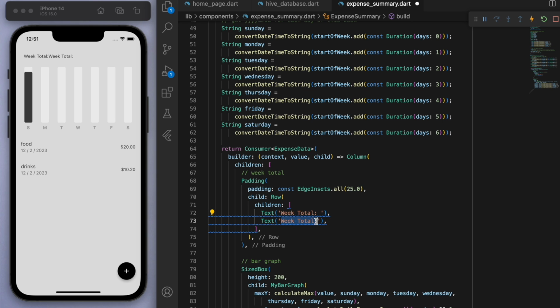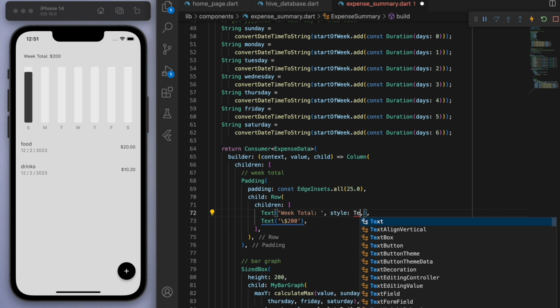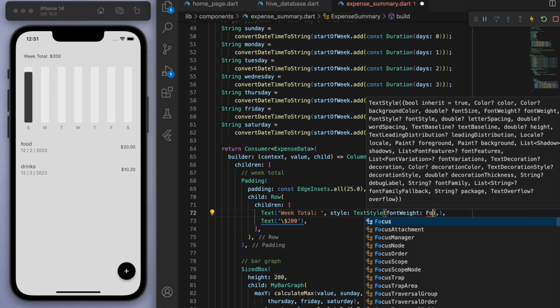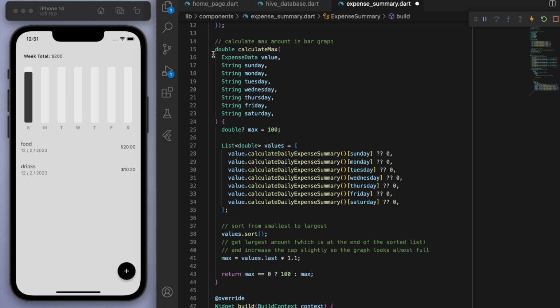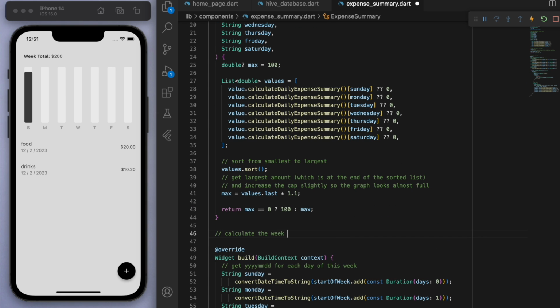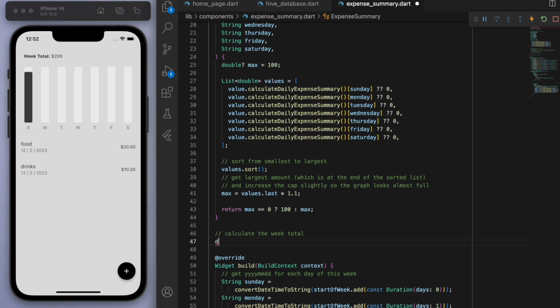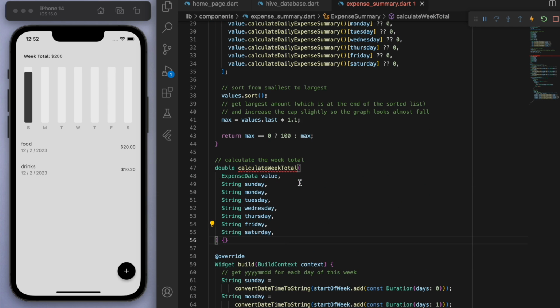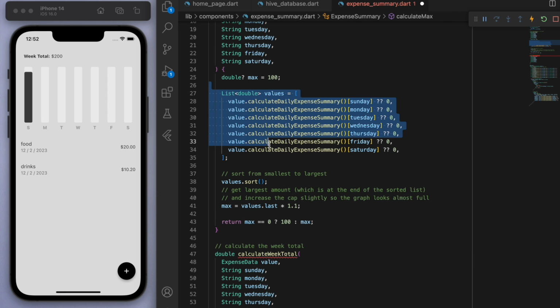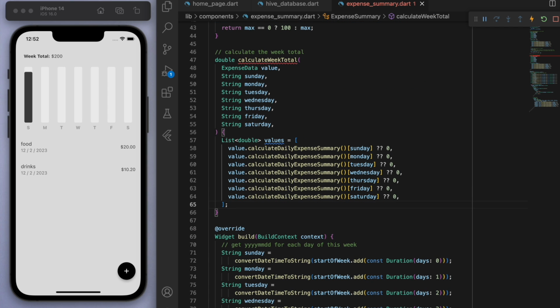So something like this, right? Week total is like $200. Let's make the first text bold. And so this $200 is what we have to calculate now, the week total. So let's create another method. And let's do something similar. And this time,